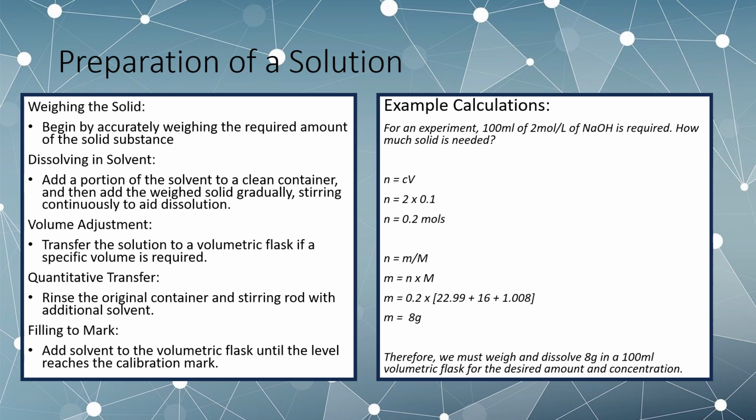these calculations. So our mass is then going to be equal to 0.2 times 22.99 plus 16 plus 1.008, with the 22.99 being our sodium, the 16 being our oxygen, and the 1.008 being our hydrogen. Putting that into your calculator, because we don't expect you to do these things in your head, you'll get your mass is equal to 8 grams. Therefore, we must weigh and dissolve 8 grams in a 100 ml volumetric flask for the desired amount and concentration